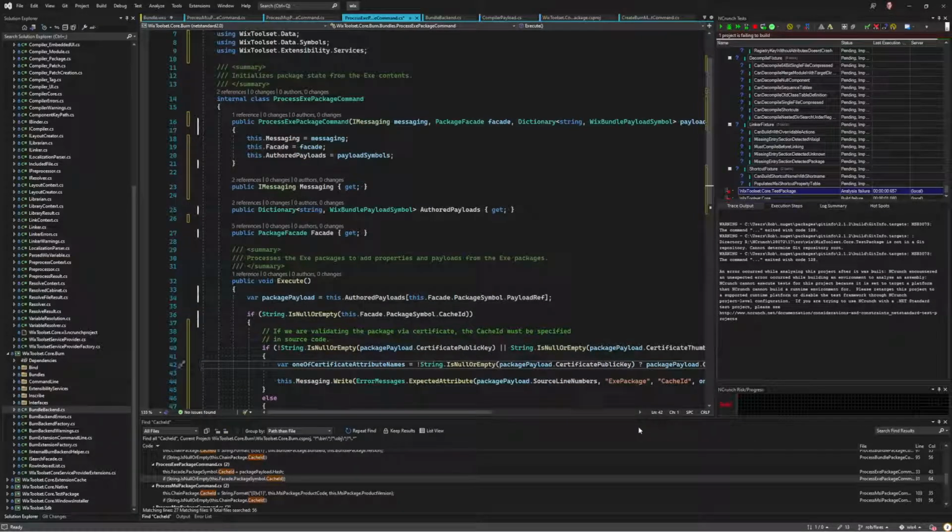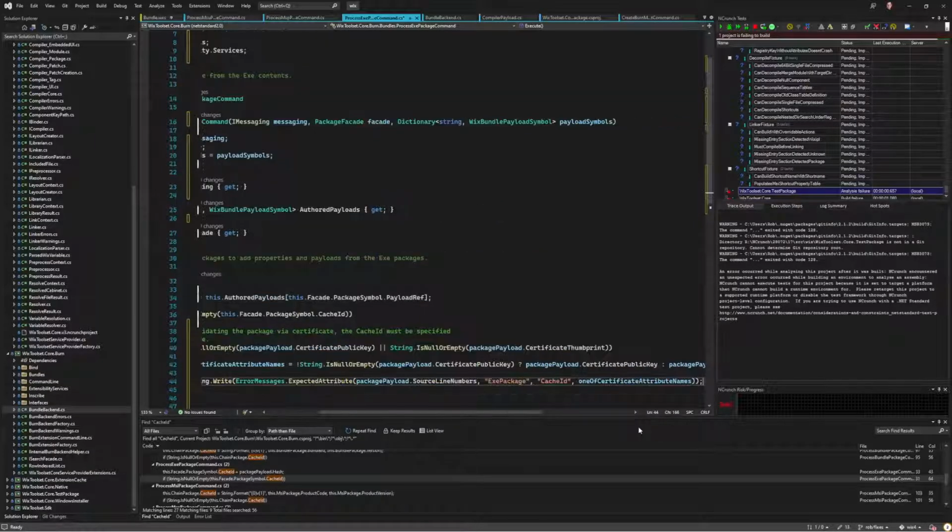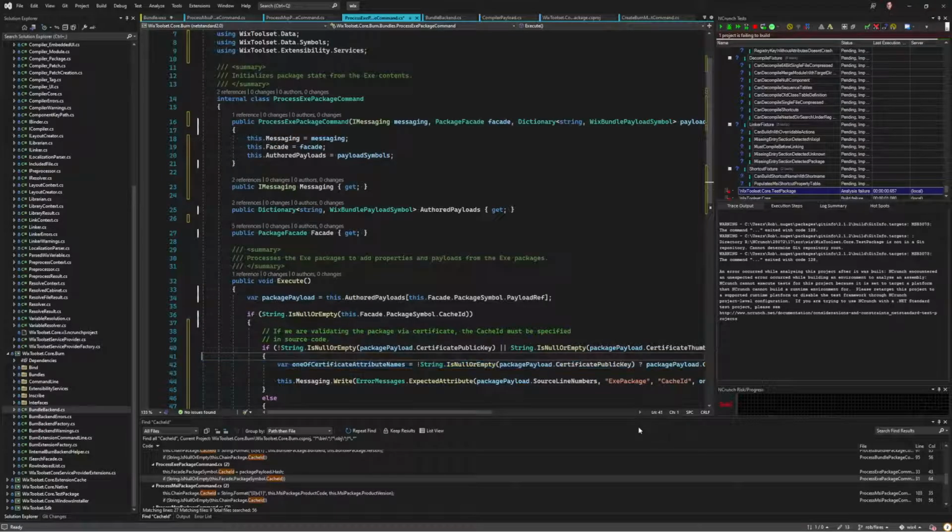All right. So I don't like generally throwing these sort of compiler error messages all the way out the back end, but sometimes that's the only time when we have the information. So the error message will be on this line number: the exe package's cache ID attribute is required when you have one of these two certificates. Otherwise,